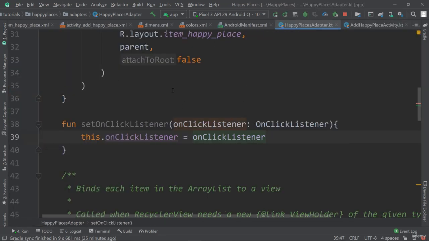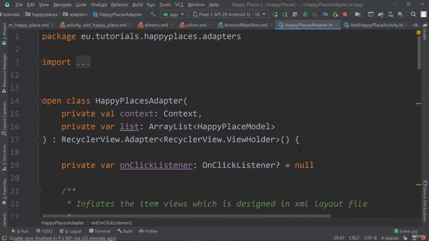Why do we even need to do all of that? Well, because an adapter cannot have an OnClickListener as such. So we cannot add OnClickListener here. That's why we need to have this little workaround. And it's not really a workaround, it's really best practice, as I said, but still, it's a little more